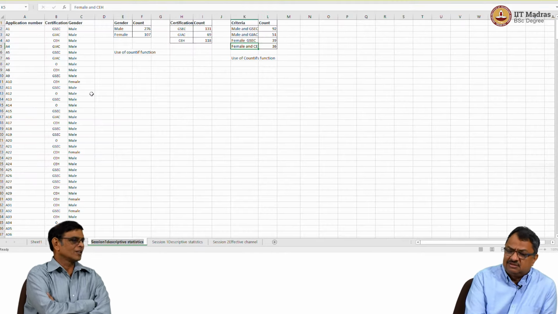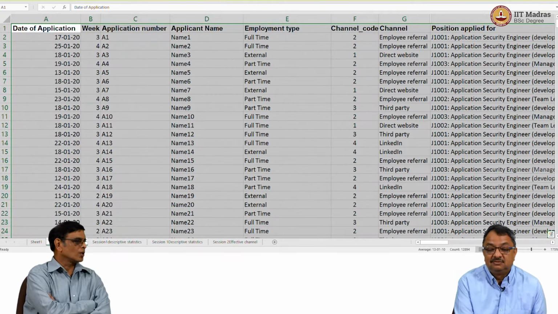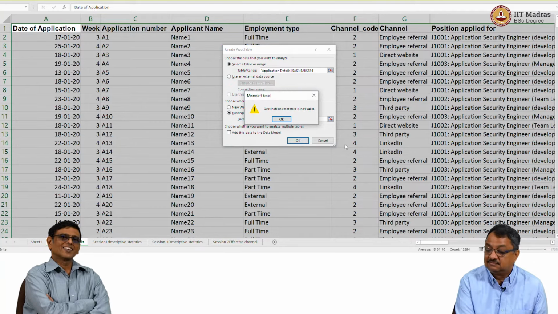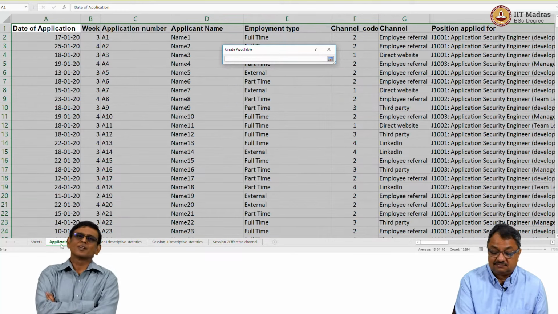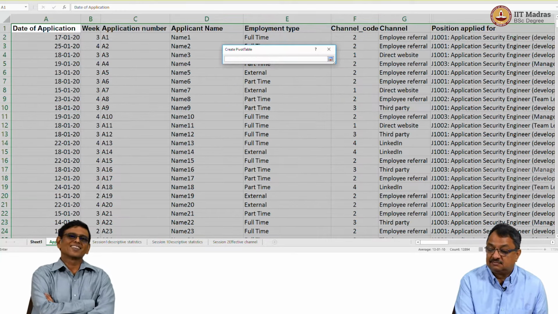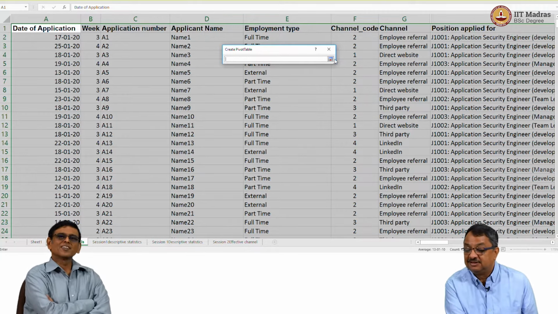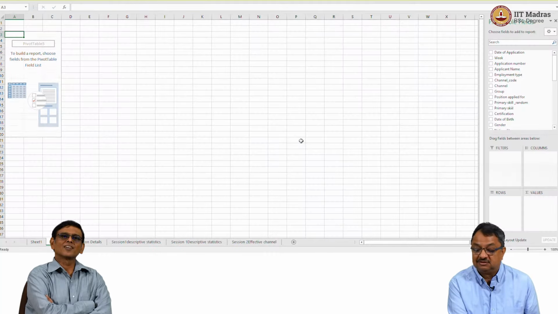So it's the same thing: a pivot table. Pivot table, absolutely. That's our bread and butter now. Put in the role, the job position, and put a count. If you know how to do a pivot table, you know how to do anything. It's a very powerful technique. This time let me put it in a new sheet.